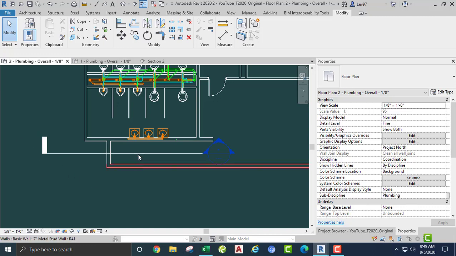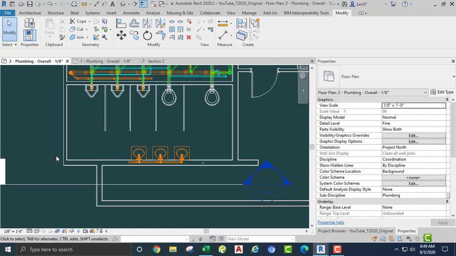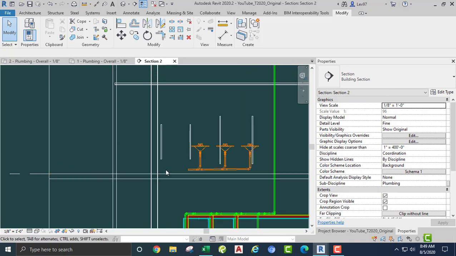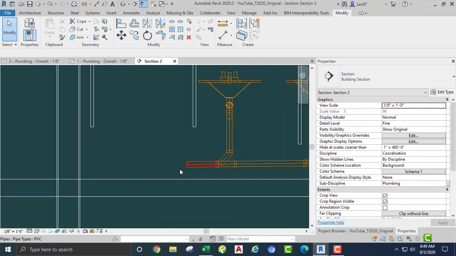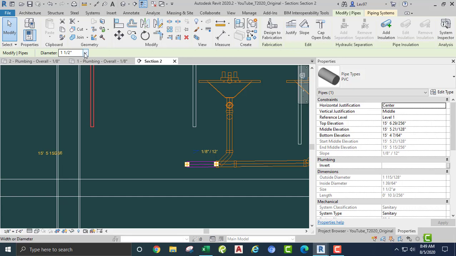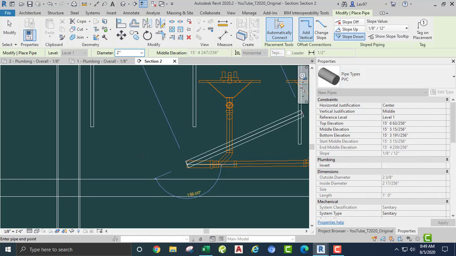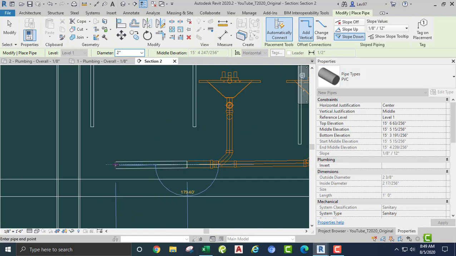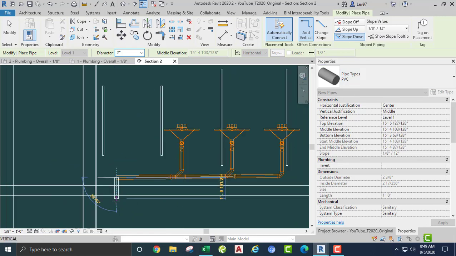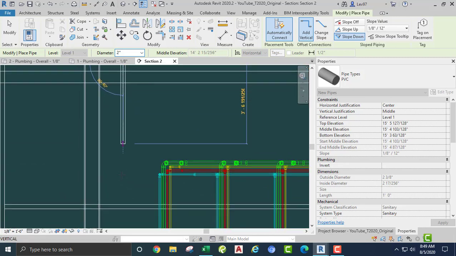Okay, so I think that I'm gonna change the pipe size here to 2 inches. Okay, and continue at a slope. Yeah, slope. And here, and we go down to connect